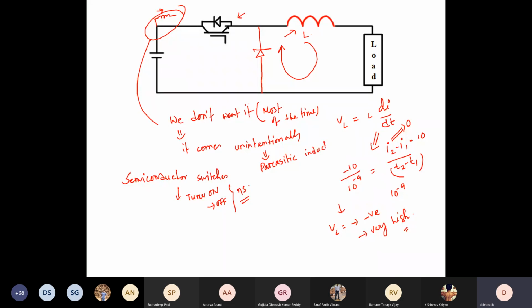So then you can ask a question. I have a battery. I have just connected the battery to the input of this converter. So from where is this parasitic inductance coming? Okay. So try to visualize. Think about the electric vehicle. Okay, practical example. So do you think your battery and the motor controller or this power electronic converter will be very close to each other? Physically try to understand.